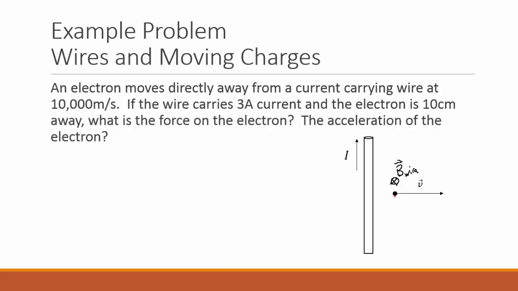I'll switch to red for the force so that it's clear that the different types of quantities have different colors associated with them. So this is the force of the wire on the charge, or the electron. So it's a downward force in this case. Now, I'll also note, as I mentioned, that theta equals 90 degrees. Well, what theta are we talking about? That is the theta that is in the force equation. So now I know the direction of the force,